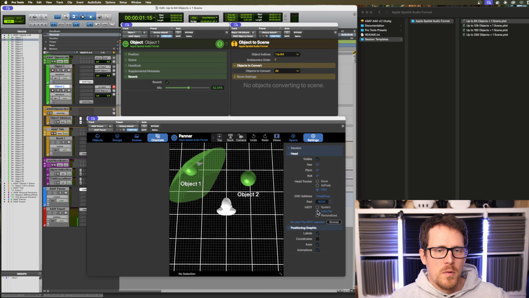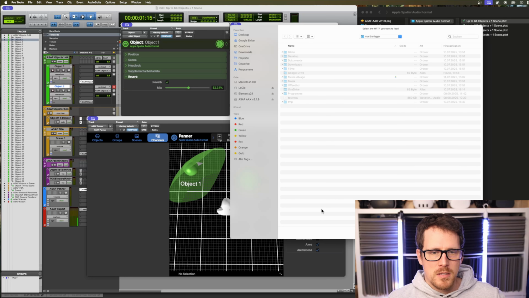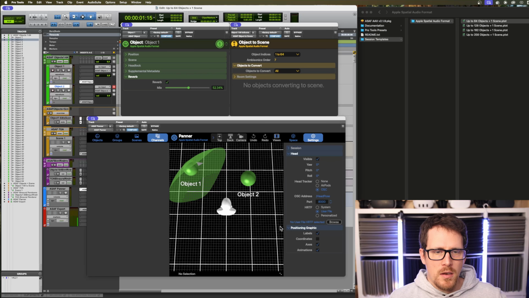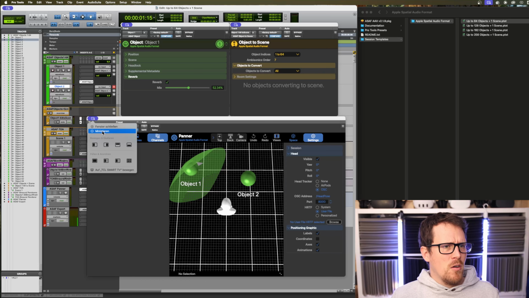You can also adjust which HRTF is being used. This is interesting: the system HRTF that Apple gives you, or any user file or something personalized. This is really cool. Then there's stuff you can switch on and off to make it look more complicated or less complicated, however you want. So I think that's the main overview of what's happening here.